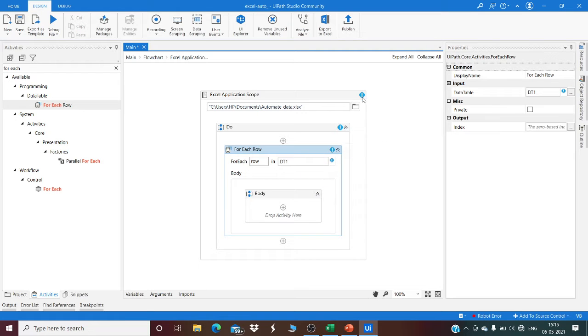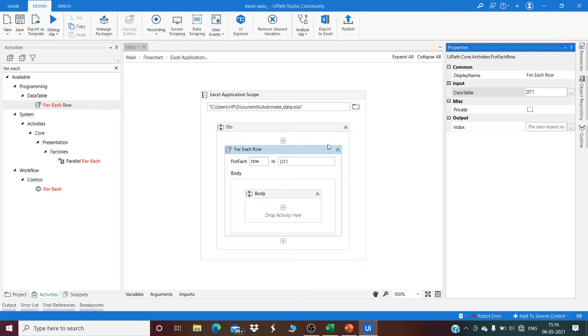If it does not disappear, this means that you have created an error. To resolve this, go to the properties section, cut the data table, press Ctrl plus K, and write the data table name DT1 which you have created for for each row, and enter it.